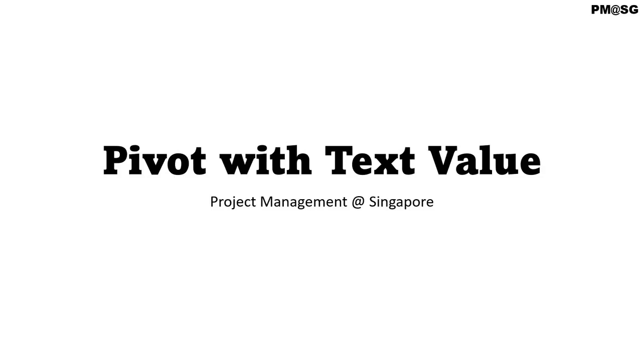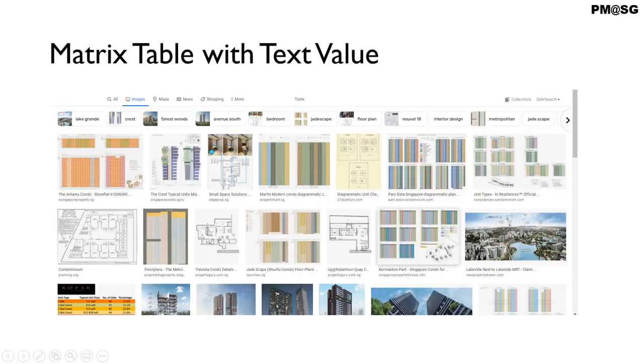This video is for introducing the method to display text value instead of number value when using pivot tables. It is rather common to work with matrix tables with text values. Just Google search for images related to condominium unit diagrammatic keywords. You will see that the unit diagrammatic chart is a very commonly used type of matrix table which is displaying text